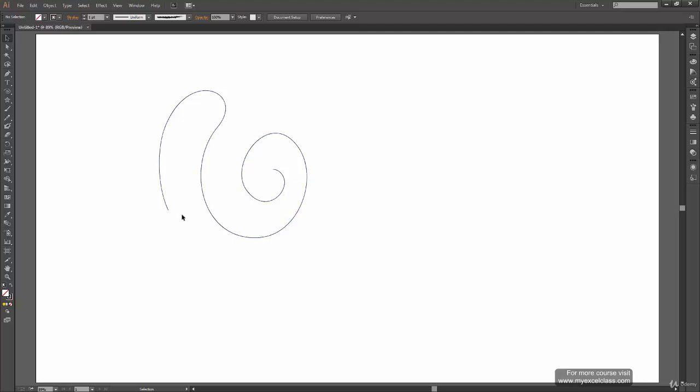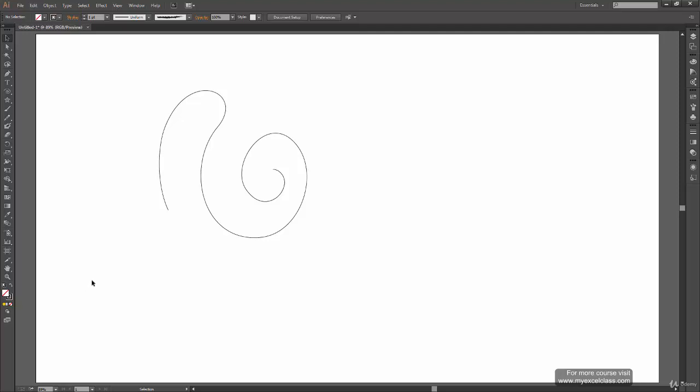That's how the direct selection tool works. Now, if you want to select multiple anchor points, what you can do is select one of them. And like in the selection tool, where we use the shift key to select multiple objects, here also you can use the shift key to select multiple anchor points. And you can click on any of the selected anchor points and move them around to move all the selected points together. Okay, so these are all the tools we are going to learn in today's chapter or today's video.